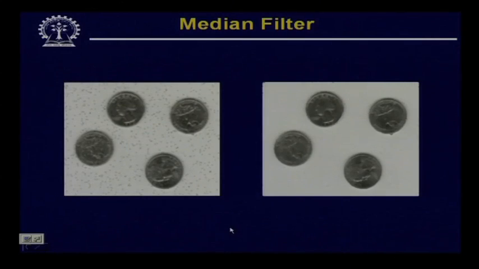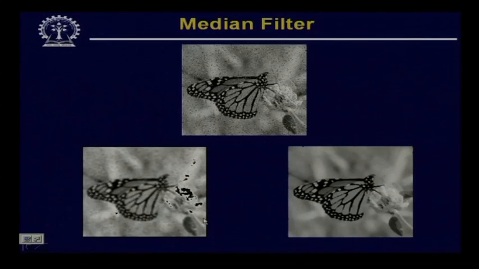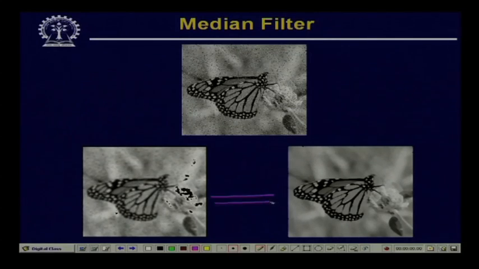To show the advantage of this median filtering, we take another example. This is a noisy image of a butterfly. On the bottom left is an averaged image, where the averaging is done over a neighborhood of size 5 by 5. On the bottom right is the image filtered using a median filter. This result clearly shows the superiority of the median filtering over the smoothing operation